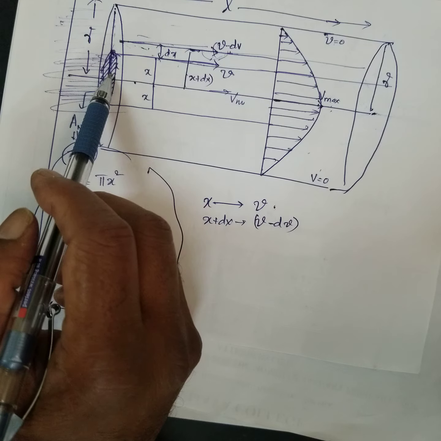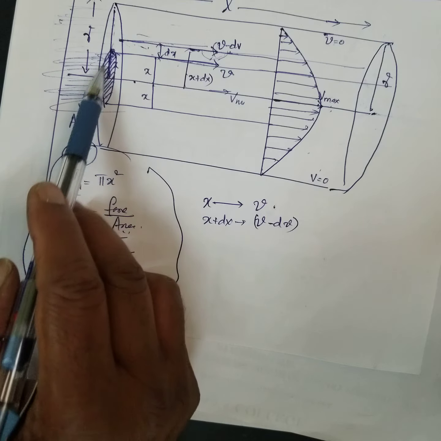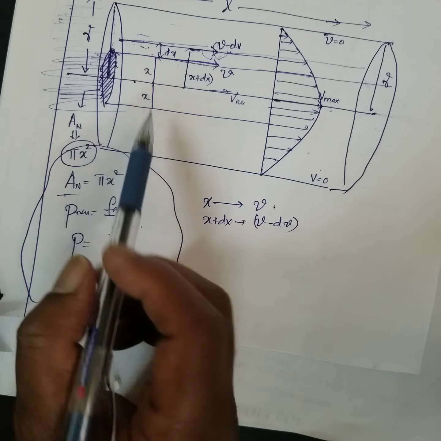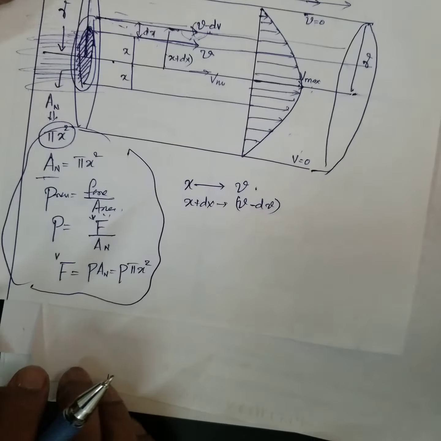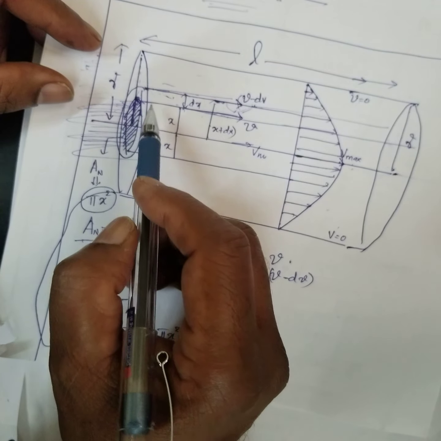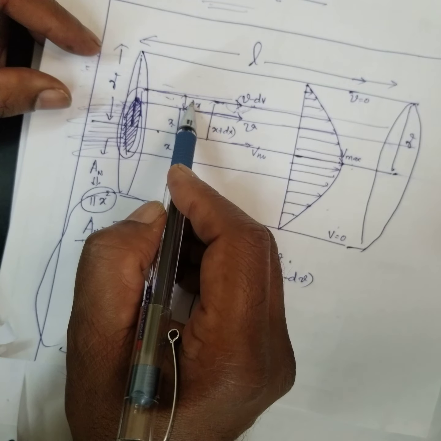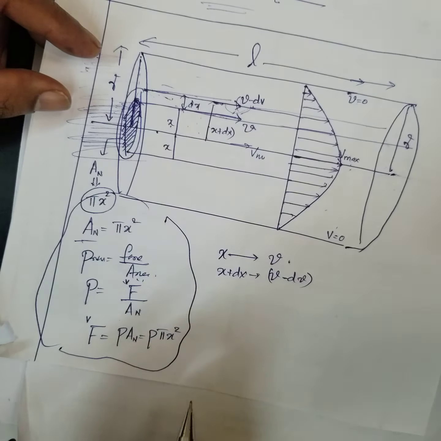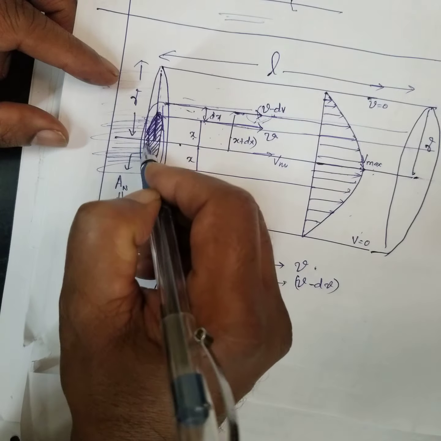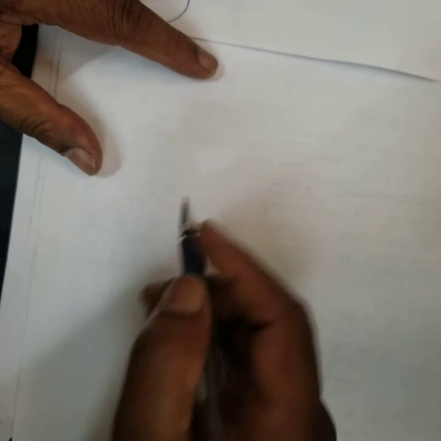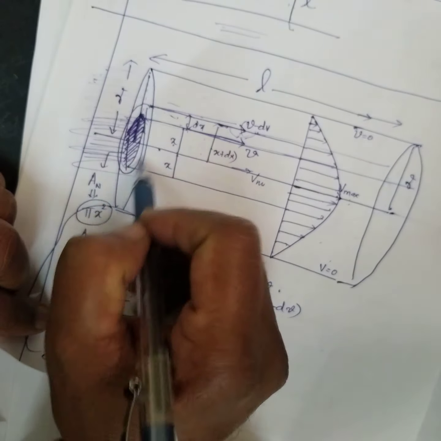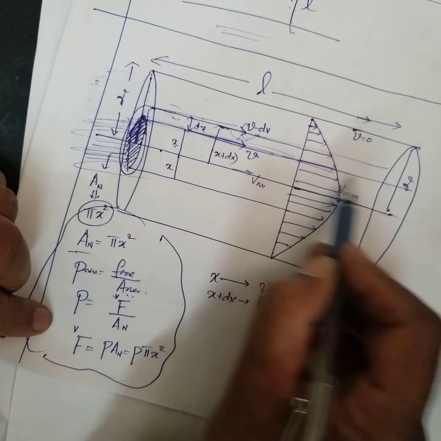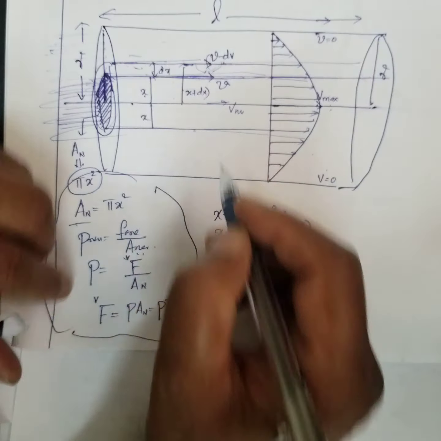Of radius R. Consider a cylindrical layer. This is one layer, and this is coaxial with this. Consider a coaxial tube of inner radius x and external radius x plus dx. Now what is the lateral surface area of this cylinder? Look. Now the lateral surface area of the cylinder, this I'll write.